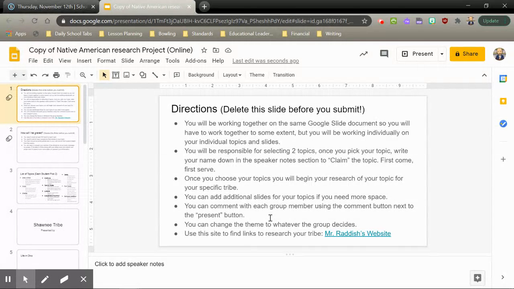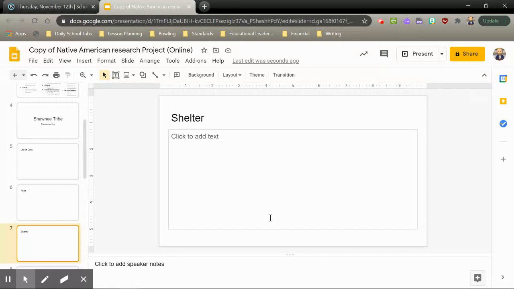You can comment with each group member using the comment button next to the present button. So let's say if you're kind of going through the slides and you get to the shelter slide and one of your friends is doing the shelter slide and you see his or her name down below in the speaker notes, but then you notice that there's something wrong with it. Like, okay, maybe they're writing in paragraph form. Maybe they only have 2 facts and the due date is very close. Let's say you want to make a comment and you're not in the room together or something like that, or you're an online student and you can't just go over and talk to them. There is a little button up here that is